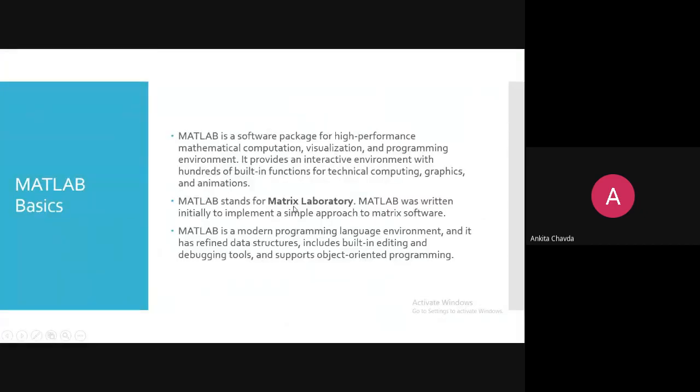Okay. MATLAB stands for Matrix Laboratory. This MATLAB was written initially to implement a simple approach to matrix software. It was developed only to deal with matrices, vectors, arrays, and all about this for mathematics actually. But then they implemented so many toolboxes related to different branches, different streams. And nowadays everybody is using this MATLAB,